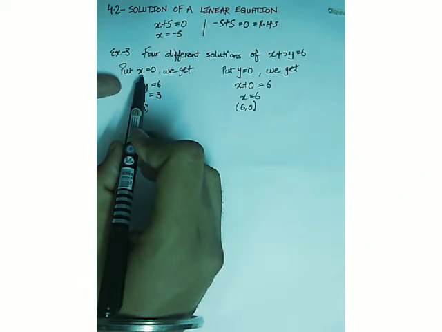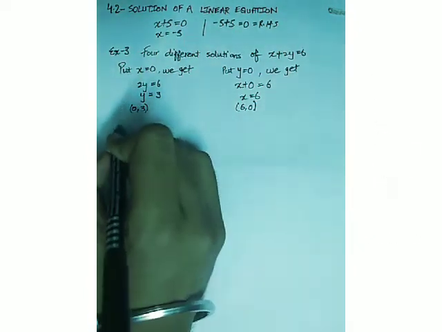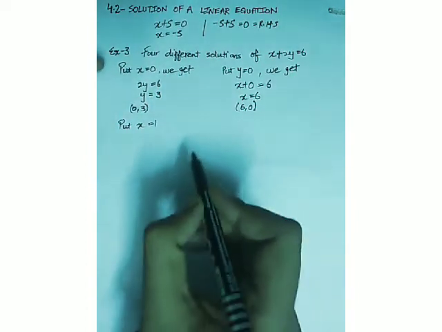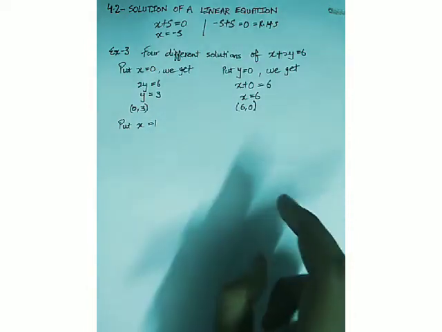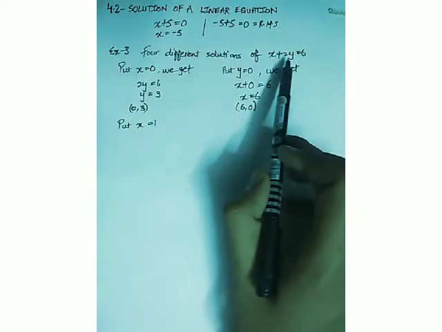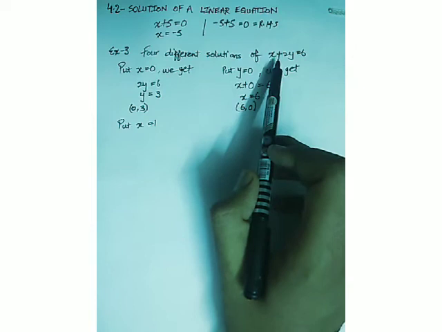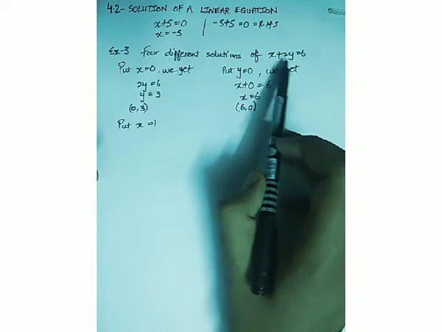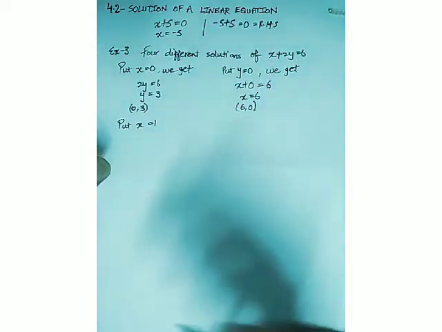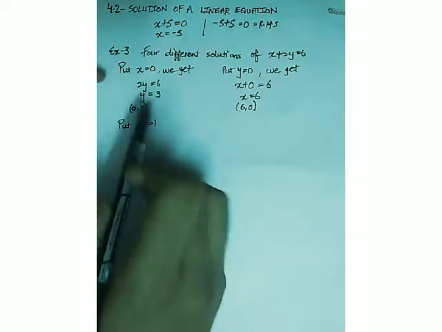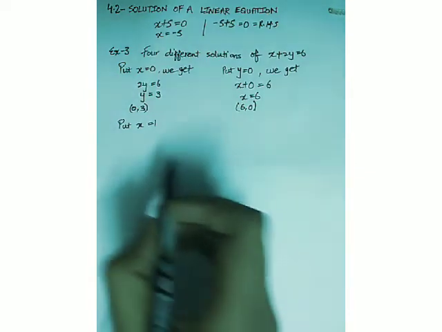So similarly, as we have put x is equals to 0, put x is equals to 1. In your book, they have substituted x is equals to 2 by the method of inspection. It means they have tried different values to satisfy this equation, and they have found out that x is equals to 2 and y is equals to 2 is satisfying the equation, because when we put x is equals to 2 and y is equal to 2, we get 2 plus 4 is equals to 6. That is why they have directly substituted 2. But if you want to go like this is also correct, and it's easy as well. So firstly, we'll go with the 0 and then we'll go with the 1, as simple as that.